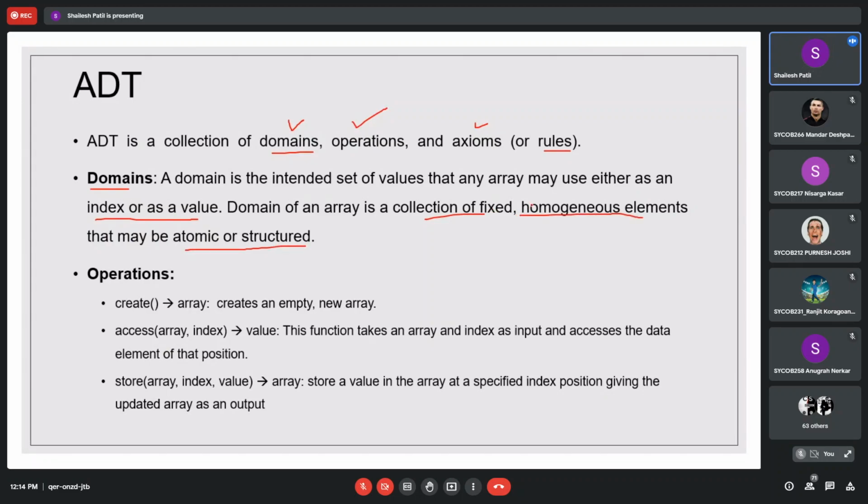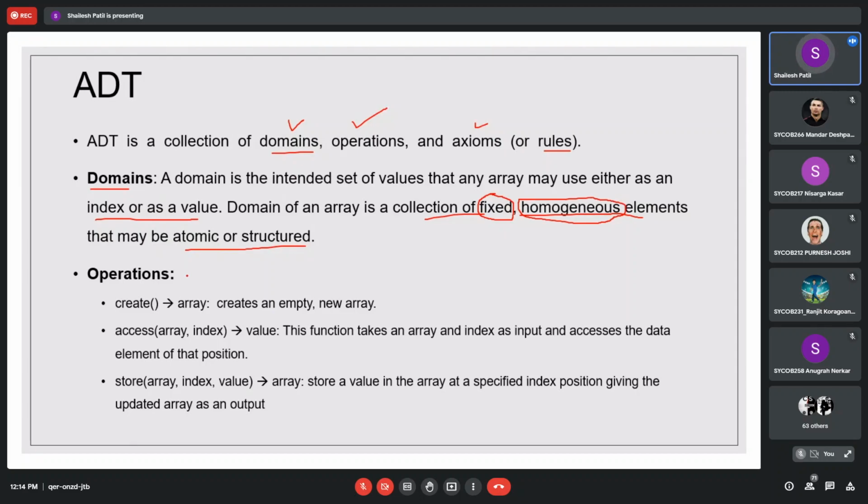The array elements are fixed, not variable, so once you declare the array, you cannot modify that. Second, they are homogeneous, so all the elements stored are of the same nature. It may be integer, character, or float, but it cannot be a mix of those. So this is domains.